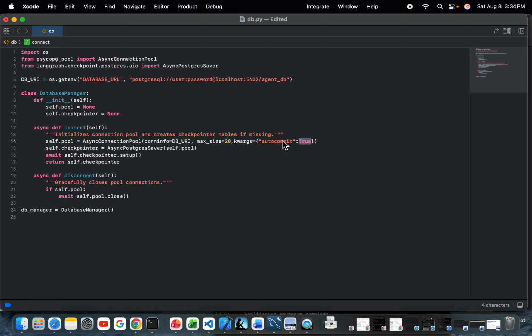Previously, I put this auto commit as false, but right now I put it as true because in the starting I was getting an error. And whatever the values it has been giving, we're going to put this in this checkpointer, and then we're going to run a setup command on this, and you're going to return this checkpointer back. So this checkpointer is going to help us to get the particular thread ID status from the